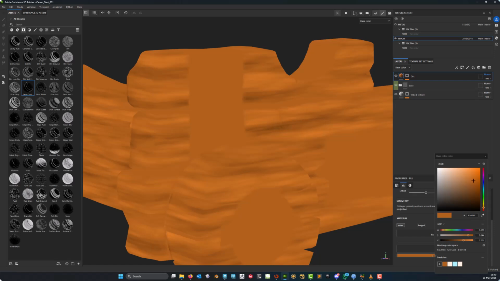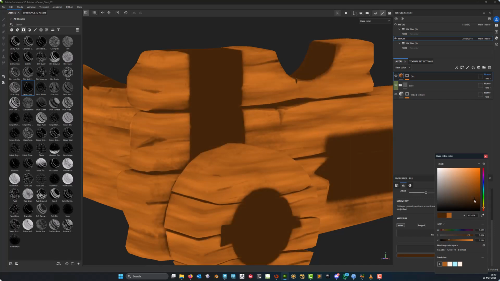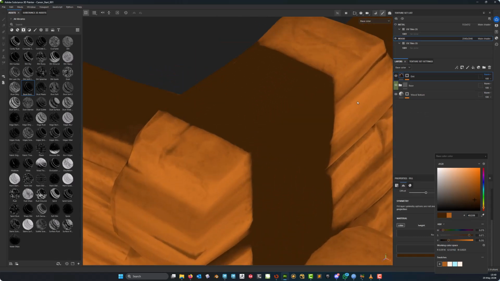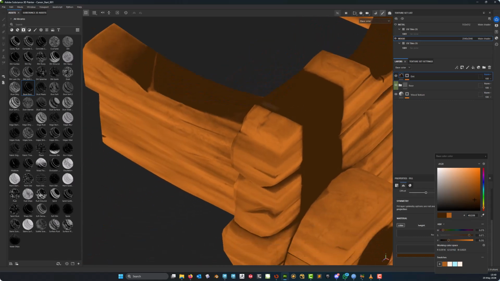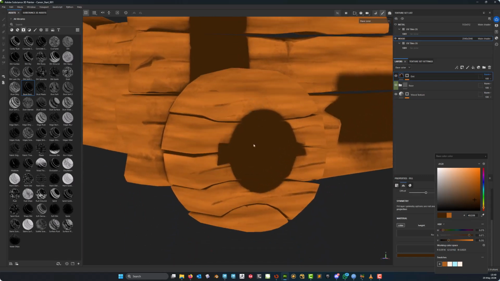Let's come over here to this color, and let's say, you know what, let's just darken the color a little bit. All right, let's do something like that. Notice how when I darken the color, I don't want to darken it to the point where it's becoming black, where it's losing the hue that it has. I'm just wanting to darken it in a way that it feels like it fits and sits with the rest of the